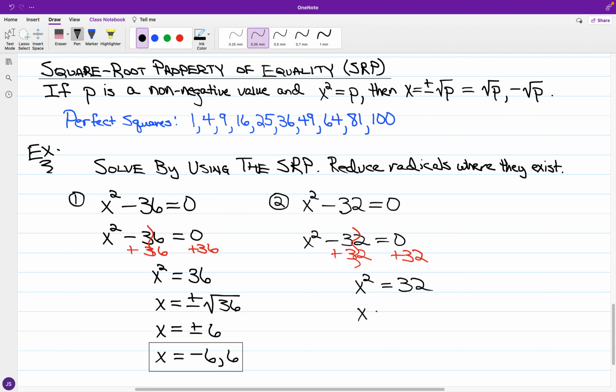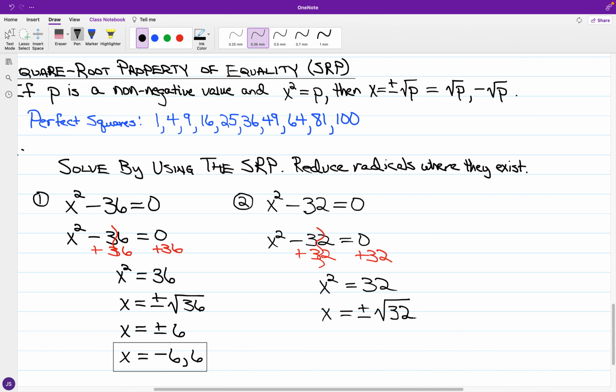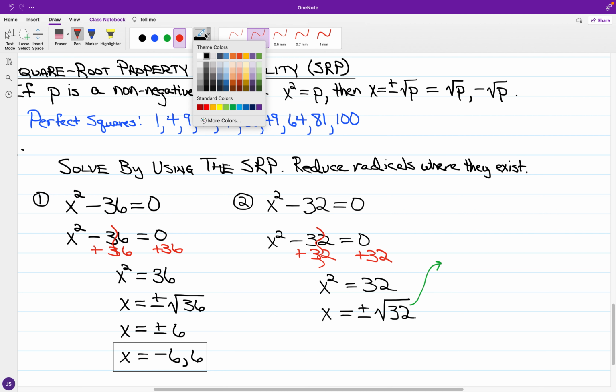And if I go from x squared to x with the square root property of equality, so right now in the initial stage we have x is equal to plus or minus the square root of 32. And now 32, not a perfect square number, but 32 is one of those composite numbers where I can factor to where I'm going to have squares among the factors that will be greater than 1. So for what we have in the case of the square root of 32,